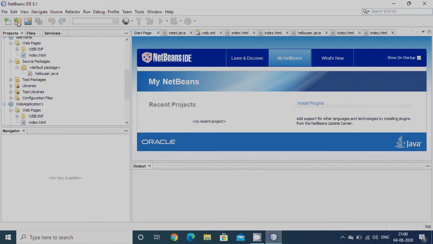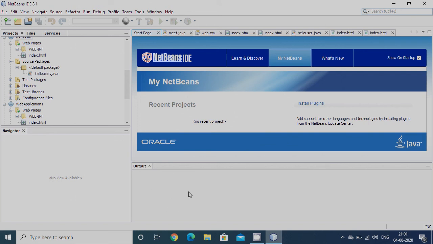And next is the Tools bar, and we have a project window, navigator window, and this is the place for the editor window where we enter the code, and this is the debugger or output window.